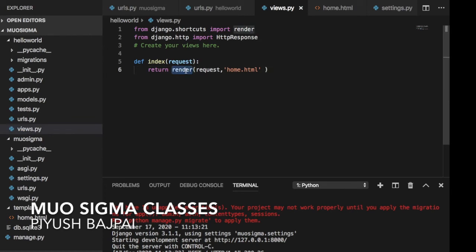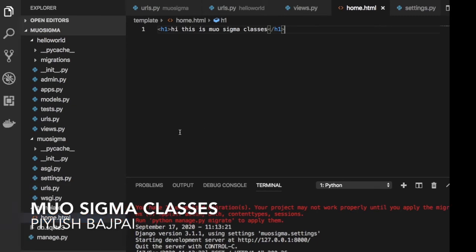The moment you say render, it means we can use our dynamic content and static content over here. This request payload can come from live streaming, from the server, or from anywhere, from a dynamic pattern. So now you can see we have a hello.html. Because our template is on the top of the root, we can access any file which is inside this template like this. And once you save this file, this home.html file will execute like this.